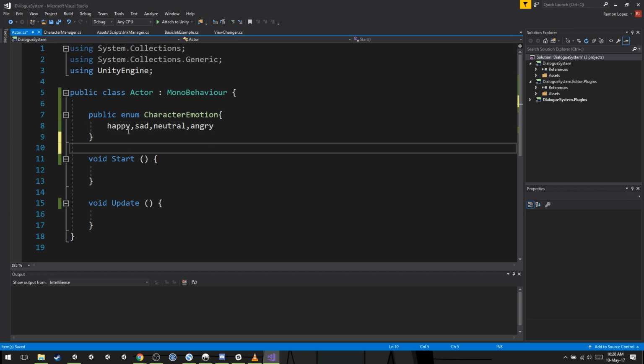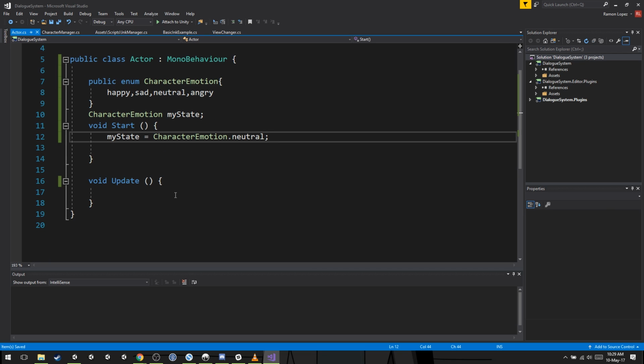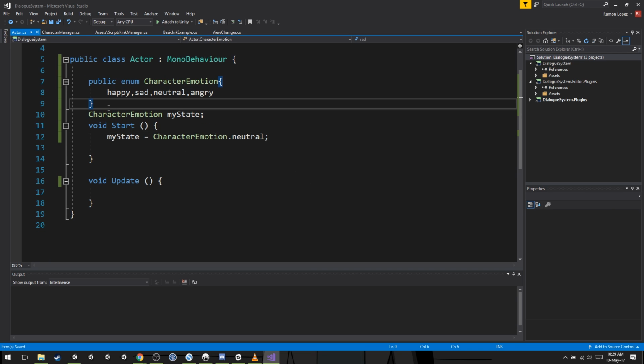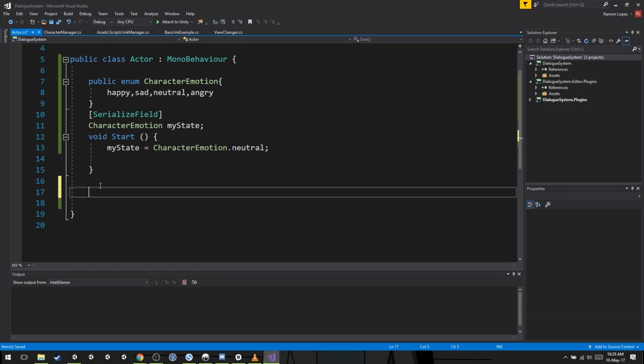And so the character itself is going to have a character emotion, my state, and at start their state will be whatever I want them to be. Let's say they're both neutral, which is completely okay to be neutral in state, or you can also assign it in your inspector if you use serialized field. It's completely valid. And so we don't need update. I'm going to create a public void change state